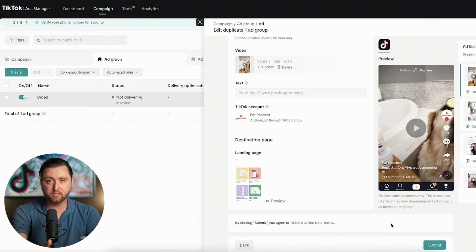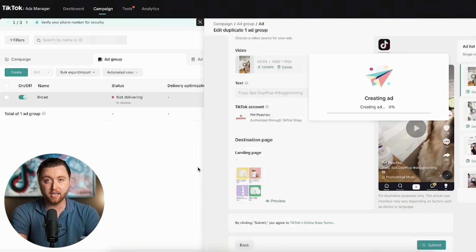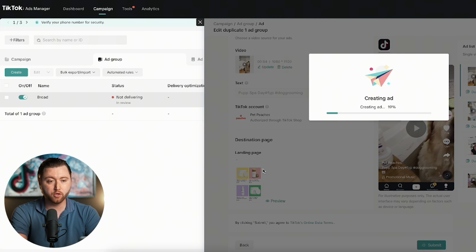And then as purchases start to come through, you're going to want to upload new creatives every single week, so that way you can constantly stay on top of finding new assets that are going to perform, so that way you can eventually scale them up. So I have gone ahead and hit submit, and now we have our second audience into testing. And eventually we'll build out retargeting, get lookalike audiences set up, we could start scaling as we get more and more sales coming through. And as we spend money, TikTok's giving us $1 in return, all the way up to